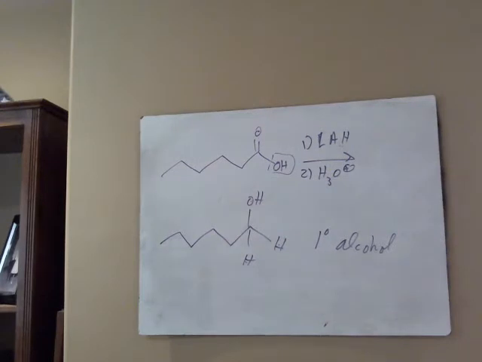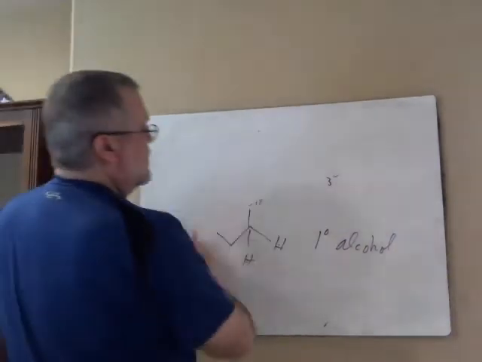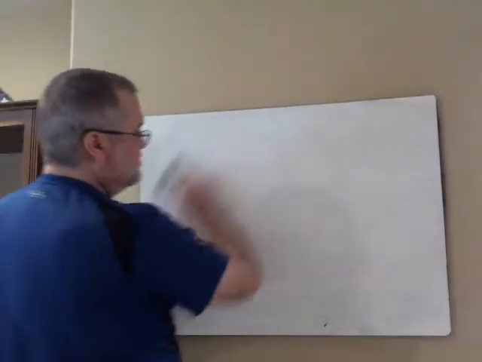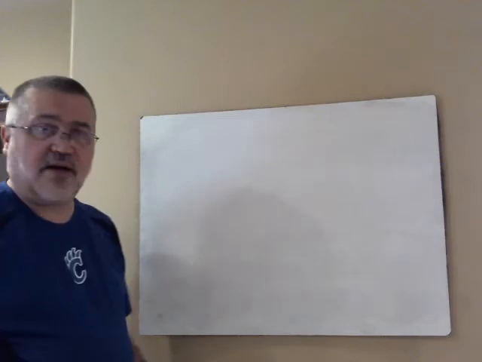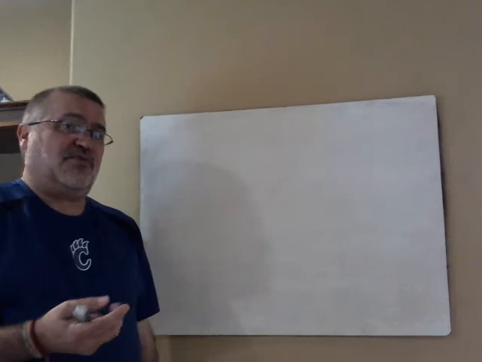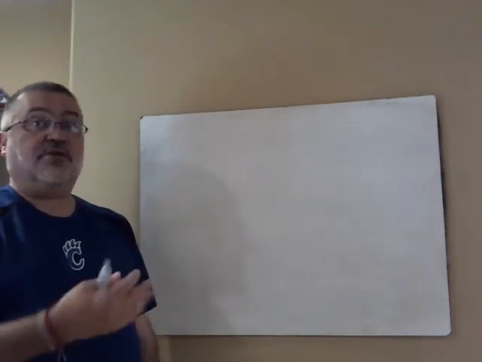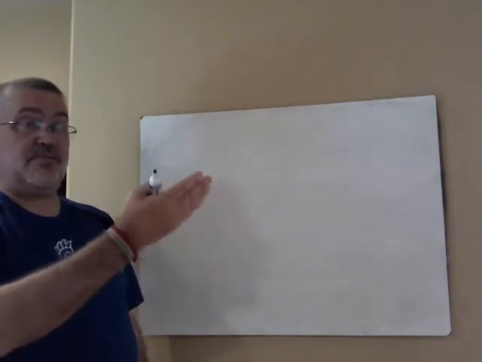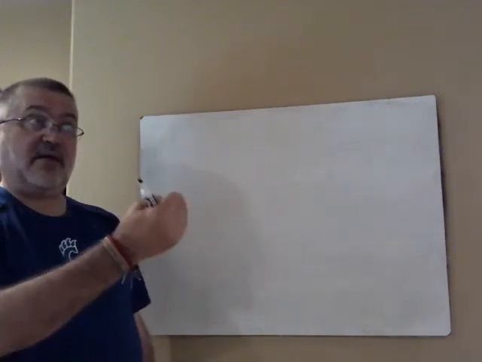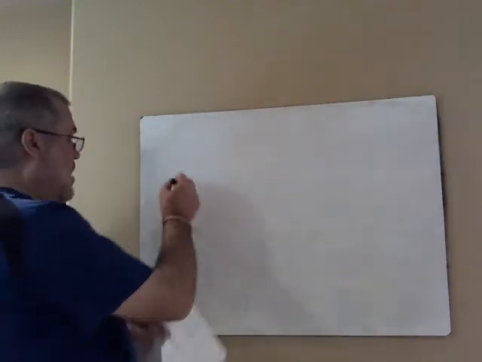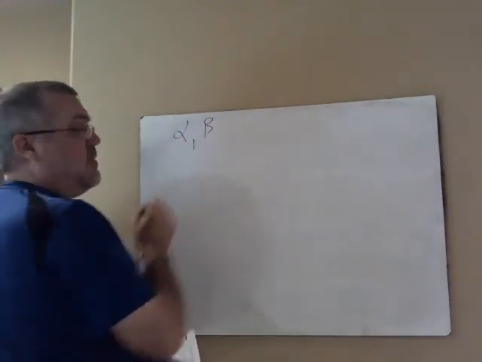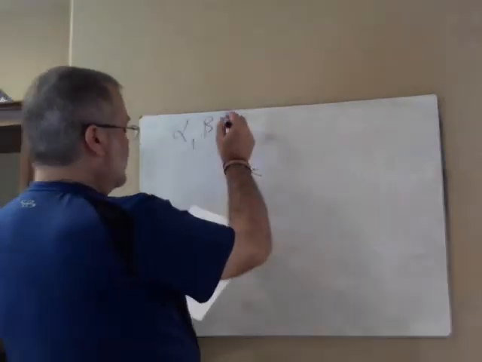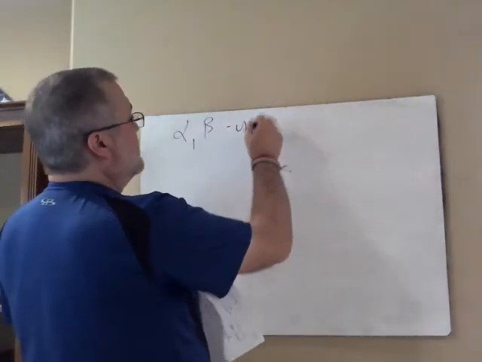Okay. Now, just like we saw with aldehydes and ketones, you have to be aware that if you had an alpha beta unsaturated ketone or aldehyde, we saw that LAH was what you should use, because if you use sodium borohydride, you got a mixture of reducing both the carbonyl and the double bond. But in the case of lithium aluminum hydride with alpha beta unsaturated systems,